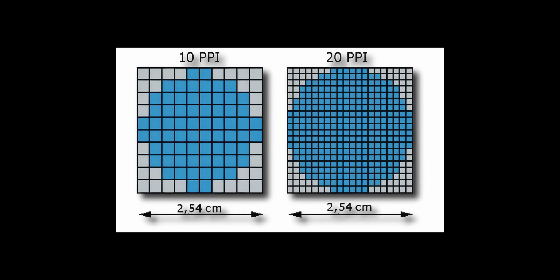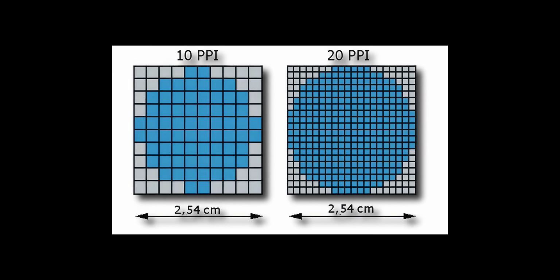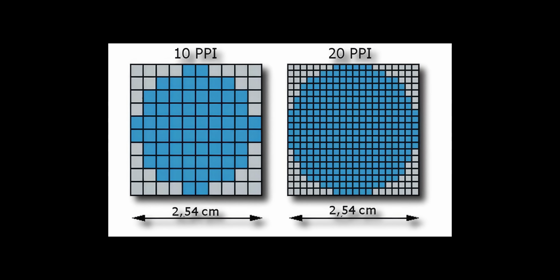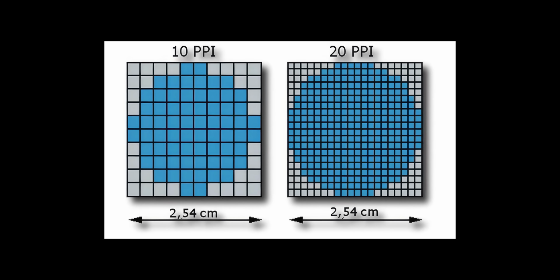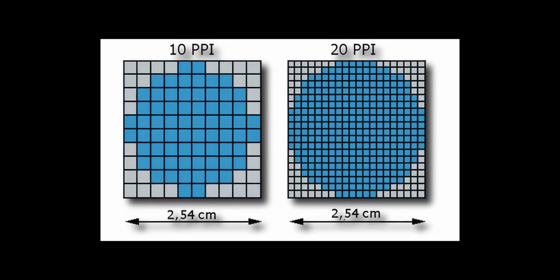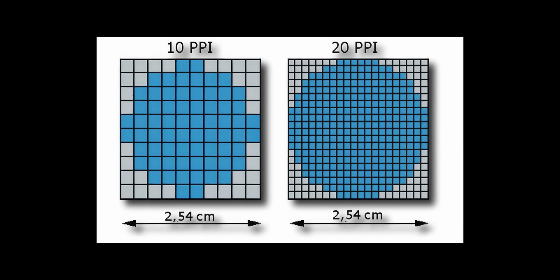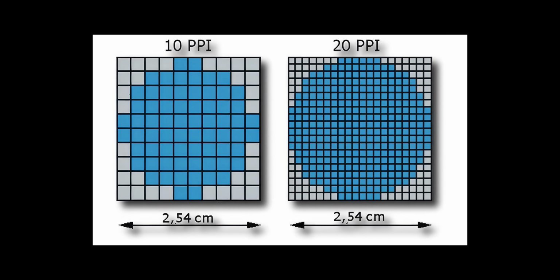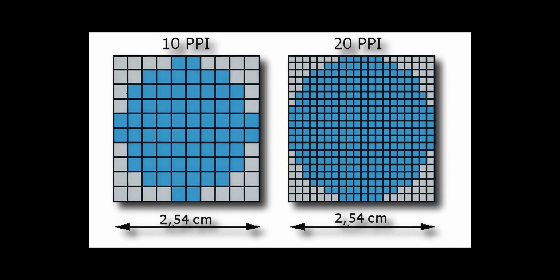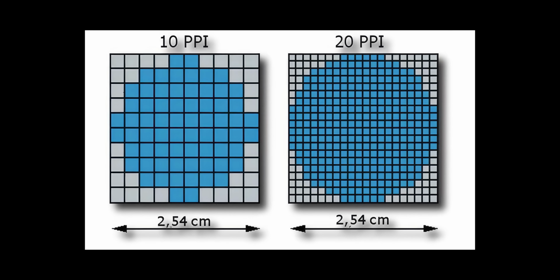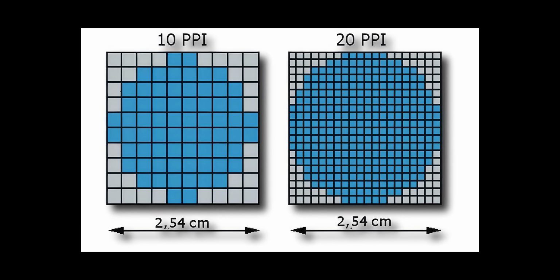Now, let me talk to you about another important thing. Monitors have a PPI value. This value indicates the number of pixels per inch on the screen. As the PPI value of monitors increases, the pixel density also increases, making the image sharper. On the contrary, as the PPI value decreases, the pixel density decreases, and in monitors with very low PPI values, we can see individual pixels on the screen.